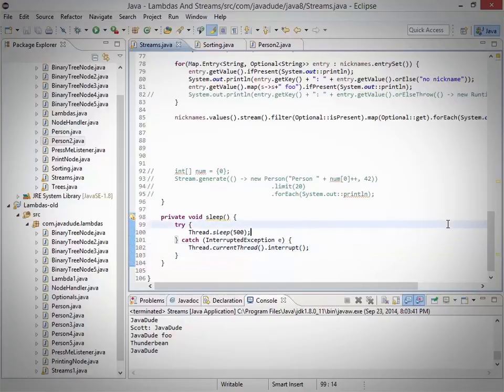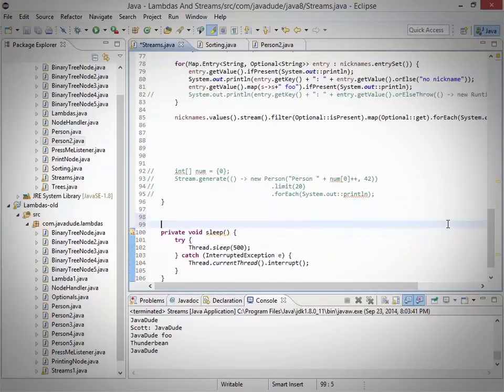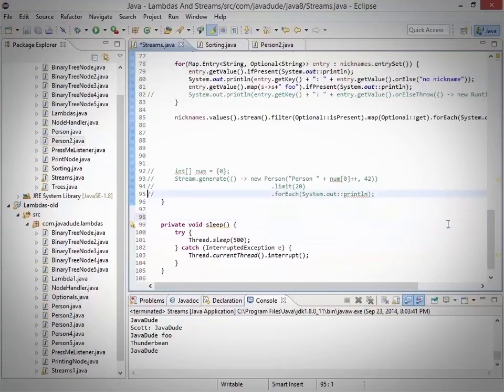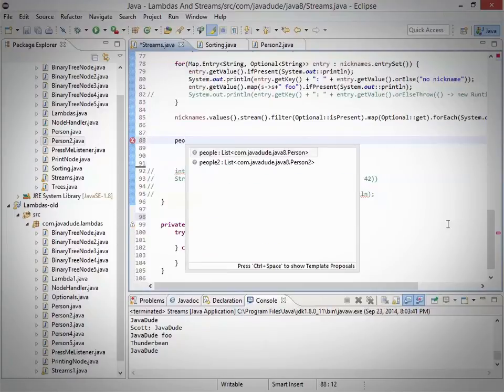So here's this little helper method that's going to sleep for 500 milliseconds. I'm going to do this so that in the functions that I'm going to parallelize, I'll have it just sleep for a little bit, to represent some unit of work that takes a little time to process. Now, if we were having this operation take some time on every one of our guys in our list here,